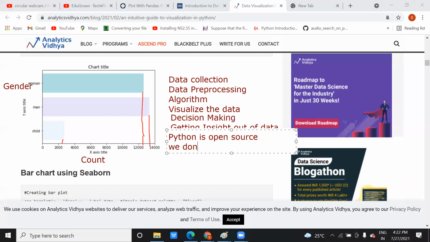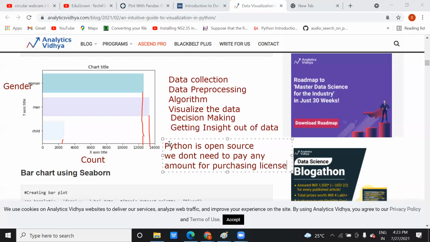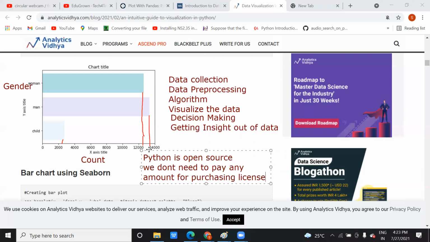We don't need to pay any amount for purchasing a license. Okay, now this is the one reason that Python is open source. You don't need to pay any amount for purchasing the license.